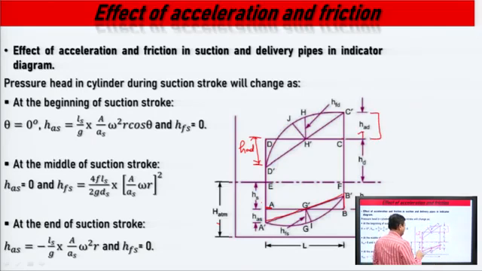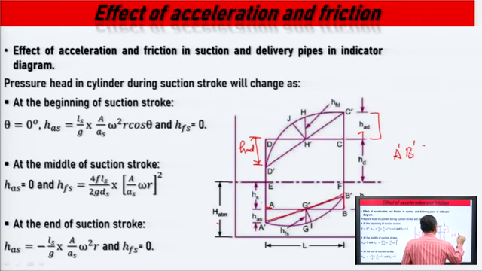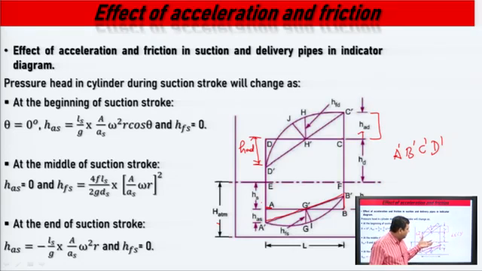So, this one is the new A dash, B dash, C dash and D dash, showing the effect of acceleration. Then what is the effect of the friction? The effect of the friction at the beginning of the suction stroke, that means at the point A dash. So, this HF